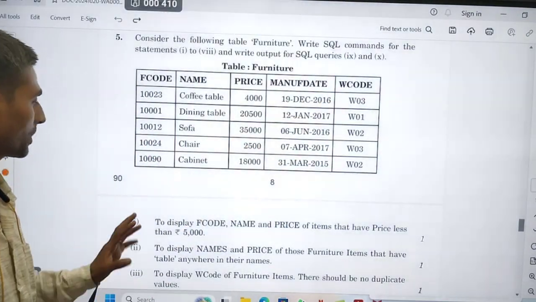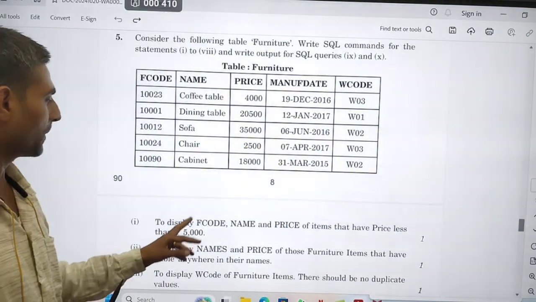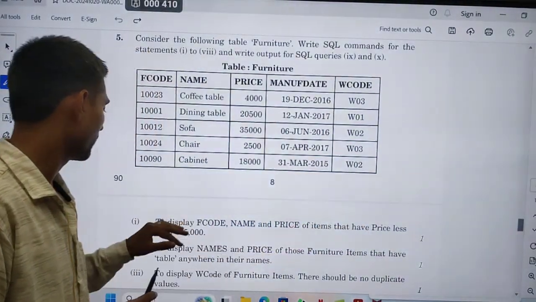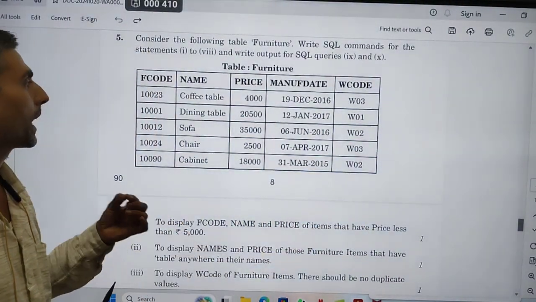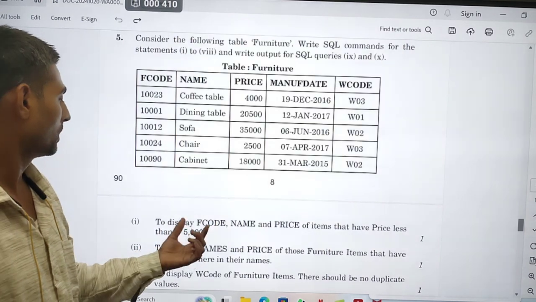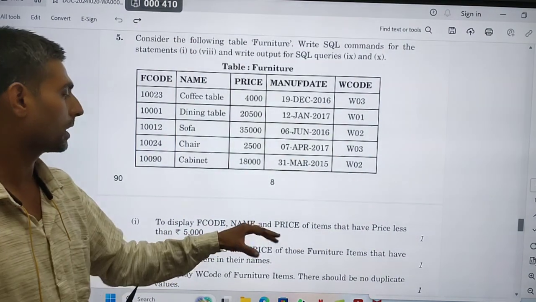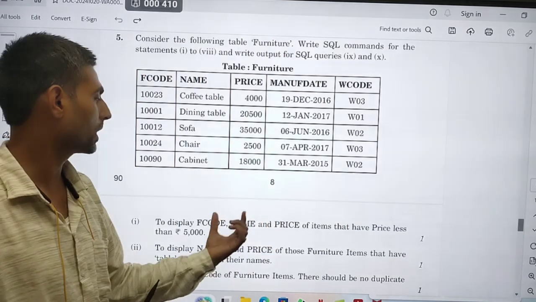The first question is to display F code, name and price of items that have price less than 5,000. Write an SQL command to display F code, name and price.